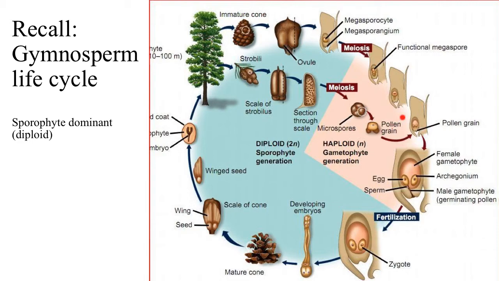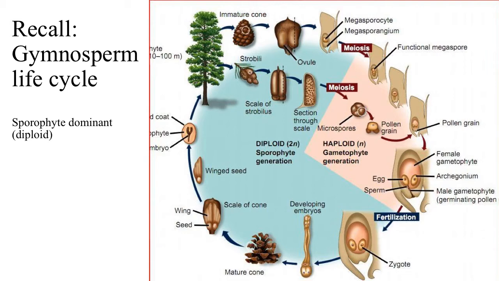And so these gametes, the pollen and the egg, are going to be haploid, which means half the set of chromosomes. And that means that at this stage in life, the organism is considered to be in their gametophyte generation. And so the pollen and the egg are going to meet, and they're going to fertilize,